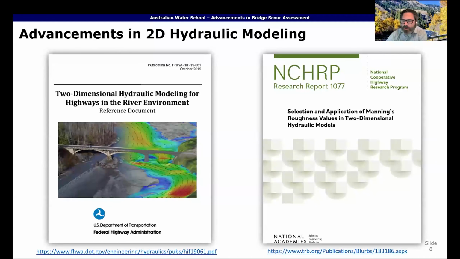two-dimensional hydraulic modeling for highways in the river environment, this is actually a fairly recent release, NCHRP Report 1077, which is Selection and Application of Manning's Roughness Values in Two-Dimensional Hydraulic Models. Definitely recommend you review. They contain a lot of good practices, or best practices, for 2D hydraulic model development, and will assist in conducting